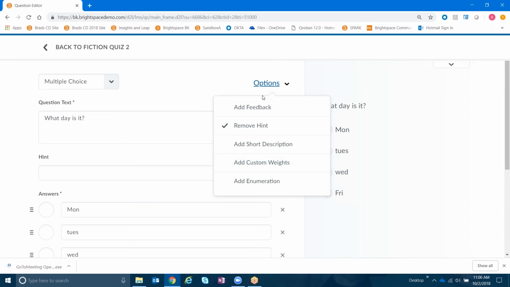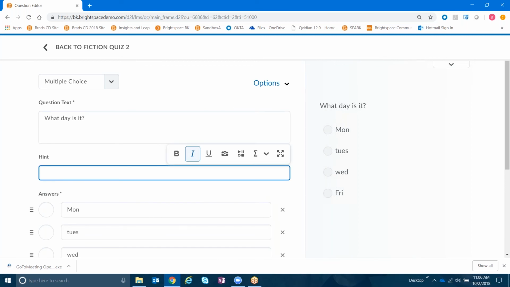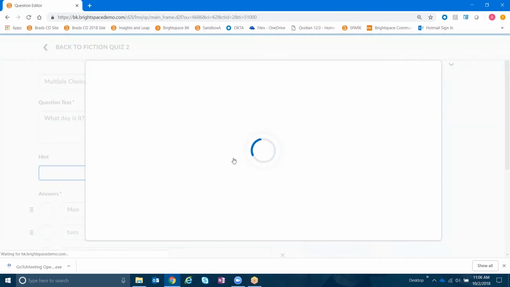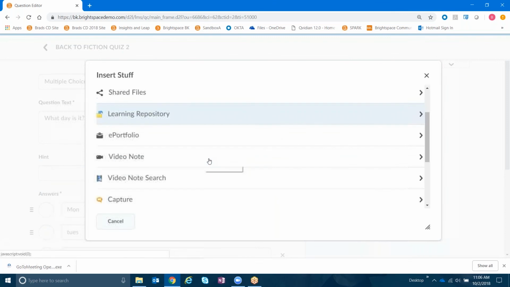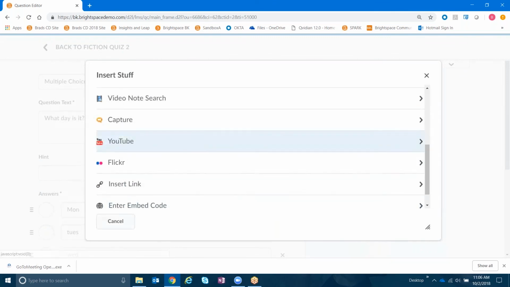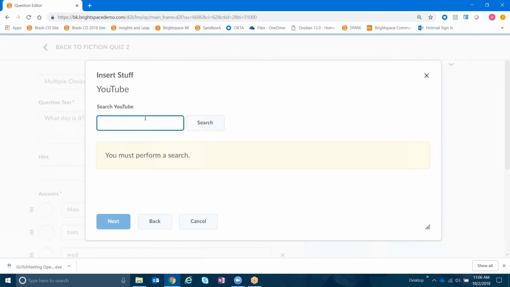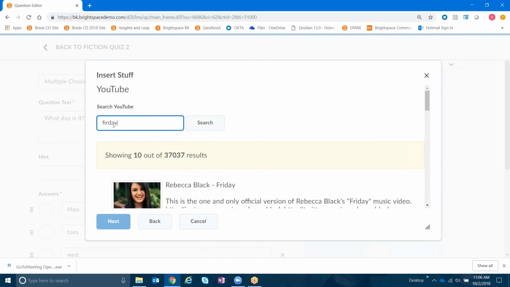Now, again, for simplicity, I'm going to create a multiple choice question here. And this is our new quiz question editor, which is really nice. So I'm going to say, what day is it? I always forget what day it is, so this is an important question. And then we're going to say Monday, we're going to say Tuesday. Now, all of your publisher stuff would come over. I mean, you wouldn't really need to be doing this. Okay, we're going to go Friday. You'll notice on the right-hand side, as a faculty member, you're actually seeing the question evolve, right, as you're building